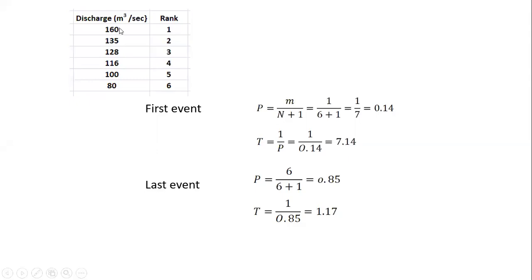यानी कि 160 meter cube per second, डेटा अनालिसिस केल्यानंतर त्याचा चान्स ऑफ ऑकरन्स हा 0.14 आहे. म्हणजे एक जर का आपण पकडला, आउट ऑफ 1 it will occur for 0.14 times. Then if you consider its return period, then return period is 1 upon probability, 1 by 0.14, that is 7.14 we can say. यानी 7.14, after an interval of 7.14 years or whatever the time which will be considered over here.